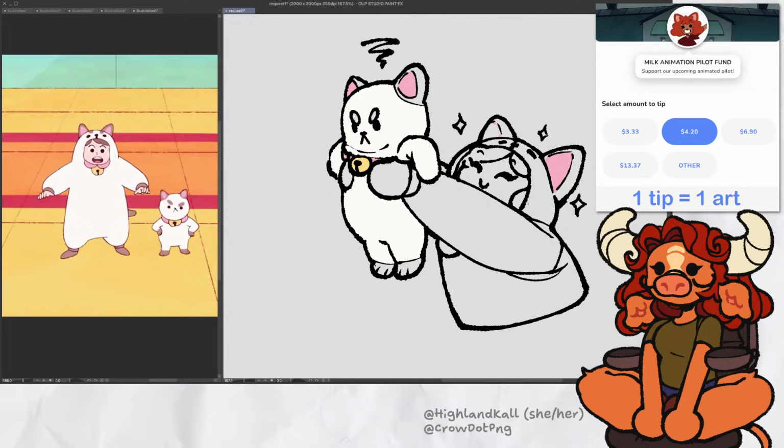And then pull the color from right here. Oh, shoot, I didn't fill this one in. There we go. And then I can use this color here on the ears.